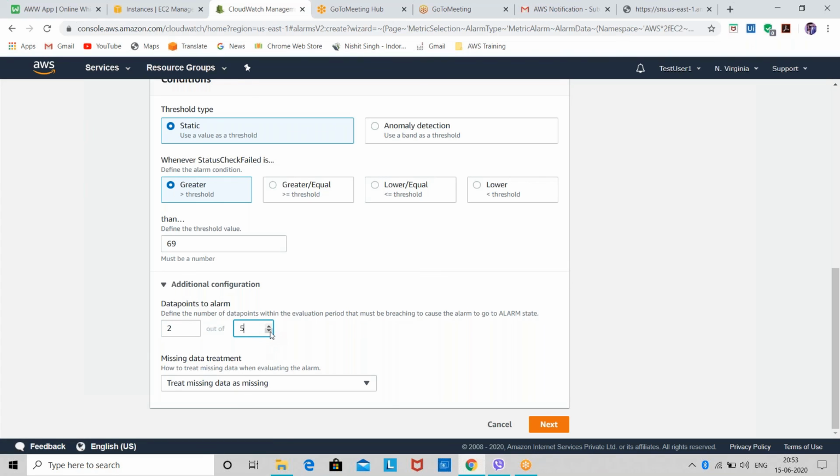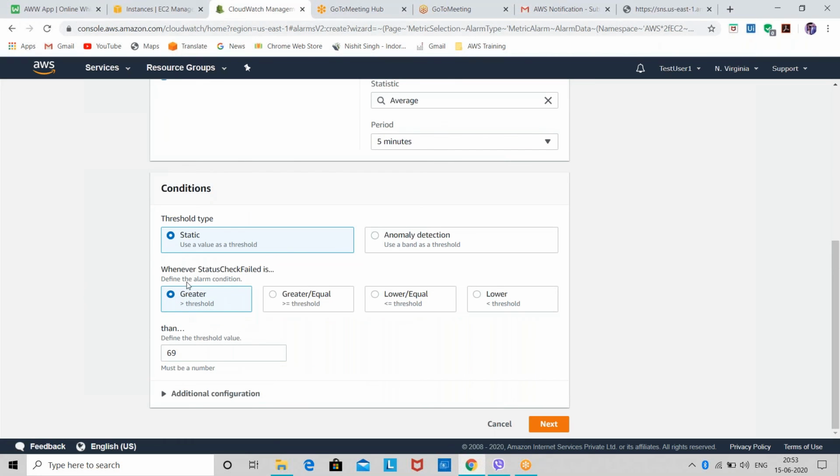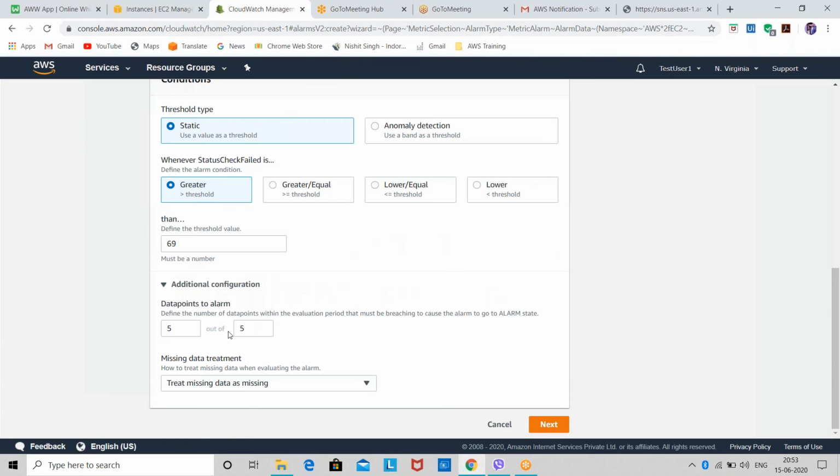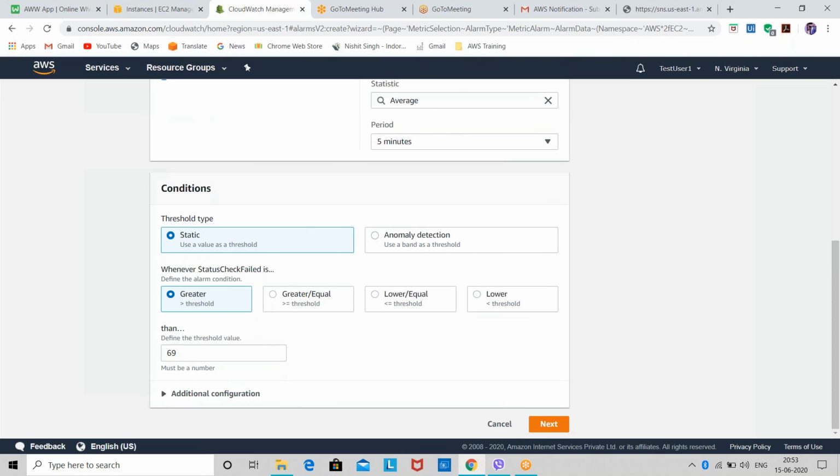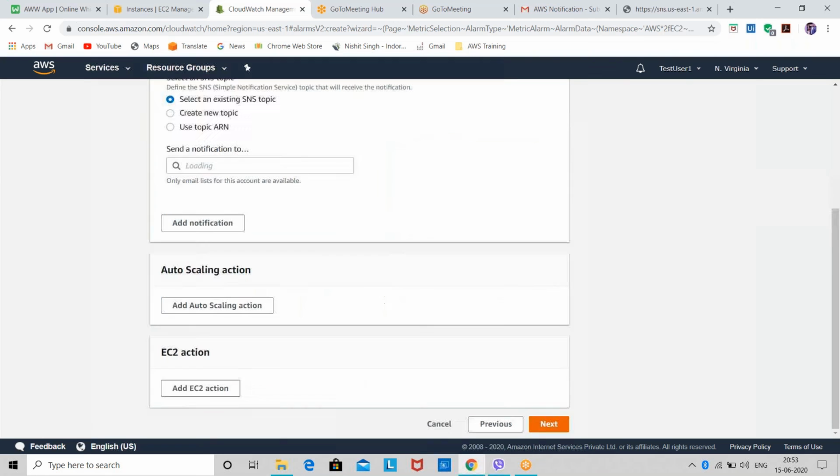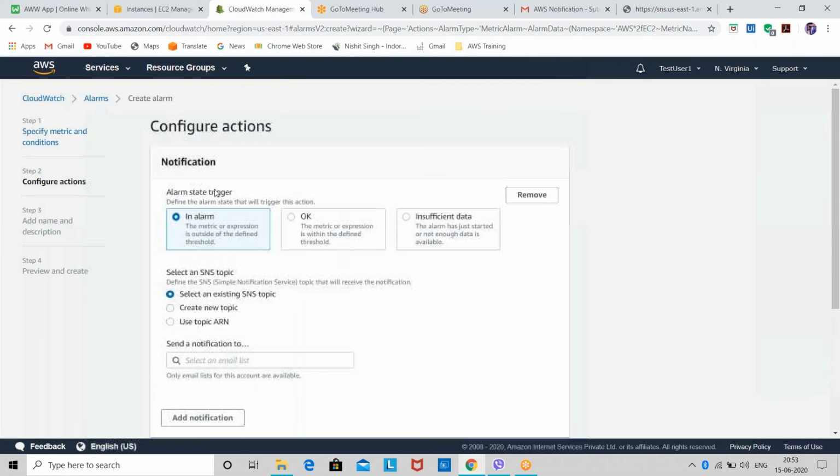So this is how you can do the additional configurations as well. I'm not doing the additional configuration now. Then I'll select next.